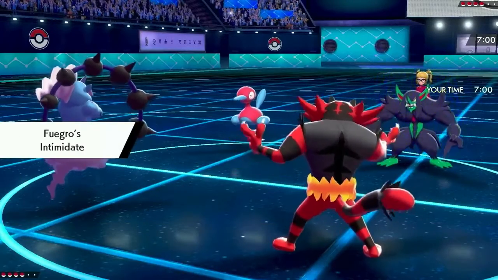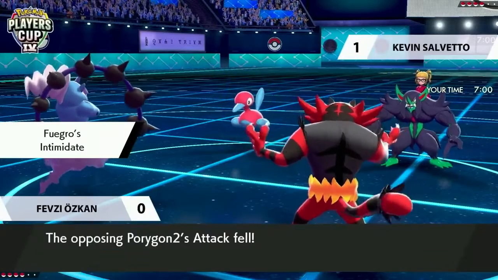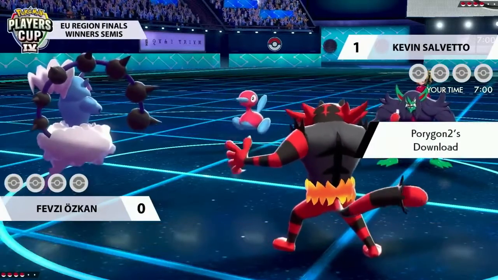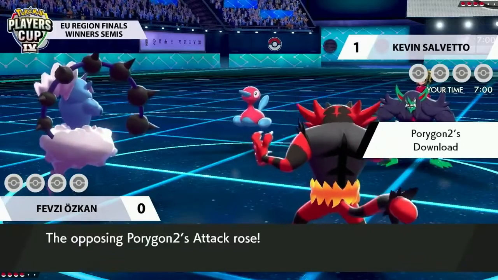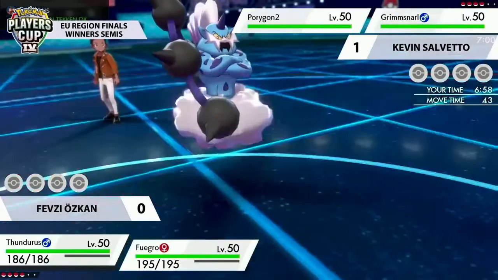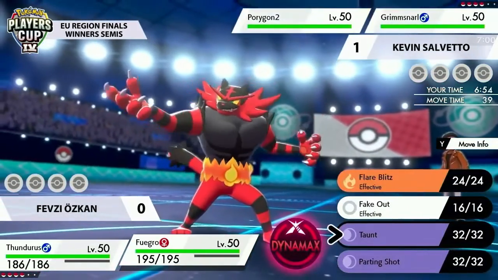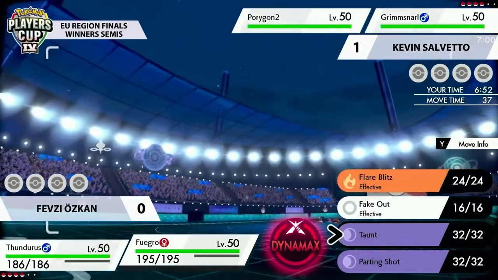The Incineroar is coming back out, but paired with the Thundurus this time around. That's a definite positive change for him, I think. Being able to change things up, being able to apply pressure a little bit differently, it's certainly a win for him in this one. And curiously enough, we've got access to Taunt on both the Pokemon on Fevzi's